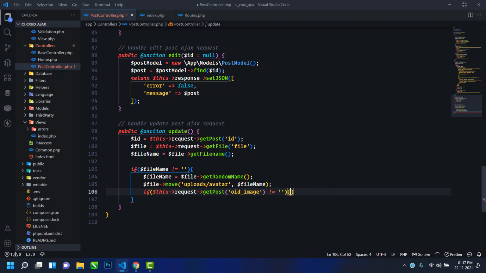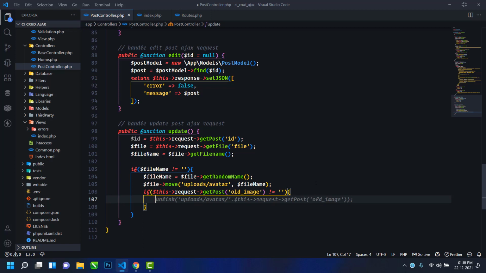Okay, if old image have some value, then we will use unlink method, and here we have to write the location and then the old image name. Okay, so using this we will get the old image name value. So using this line we will remove the previous file and upload the new one.